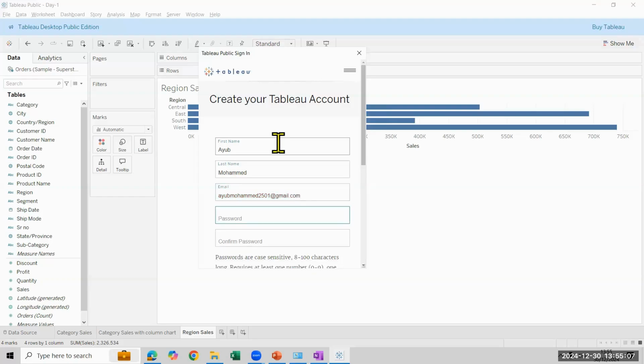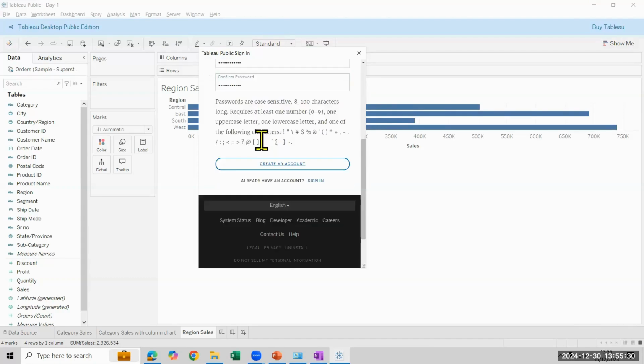And here you're gonna use password, whatever the password you want. Okay, I should remember the password, no? That is also the problem. Okay, once you click on create my account,